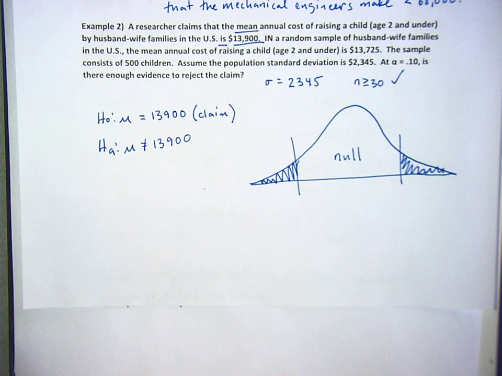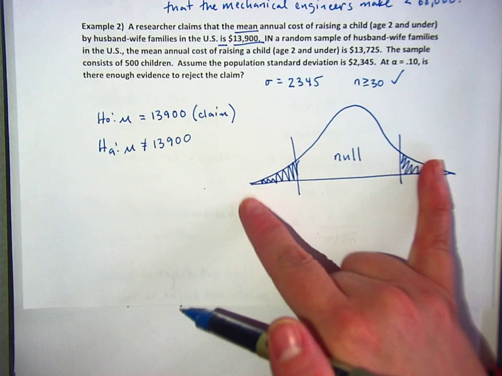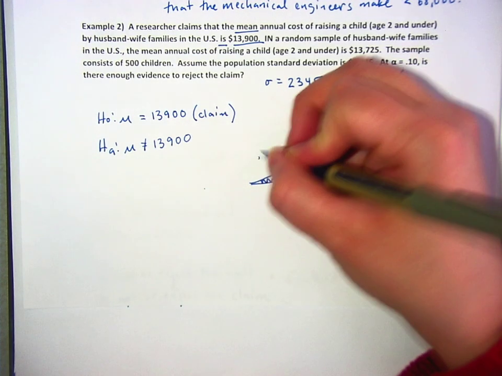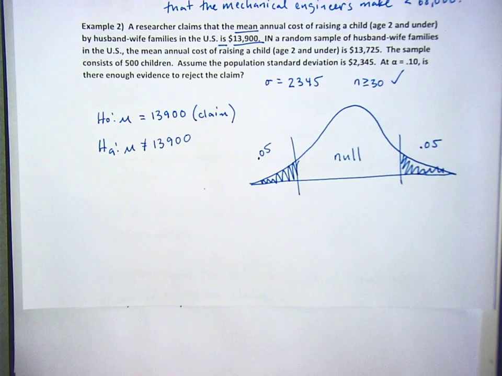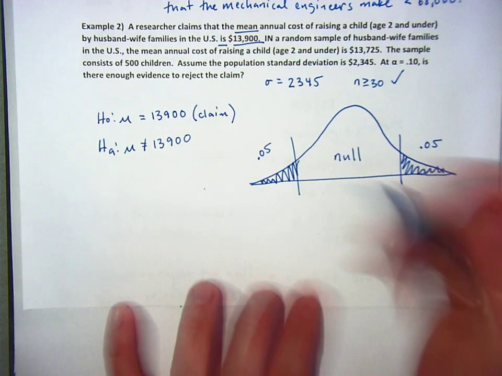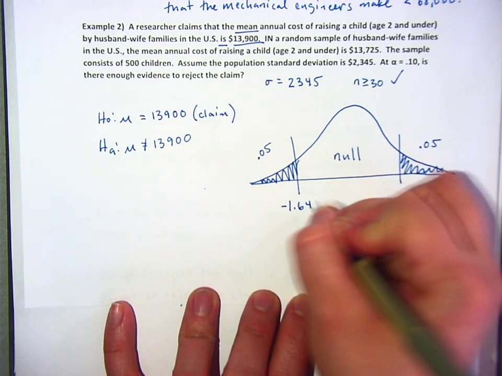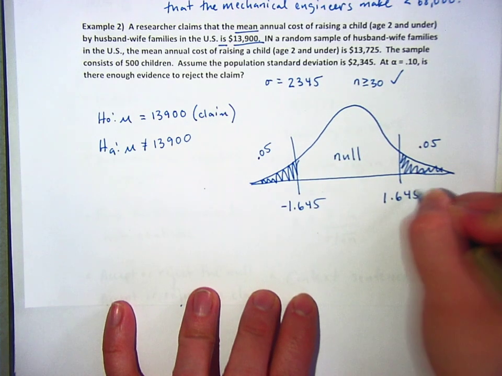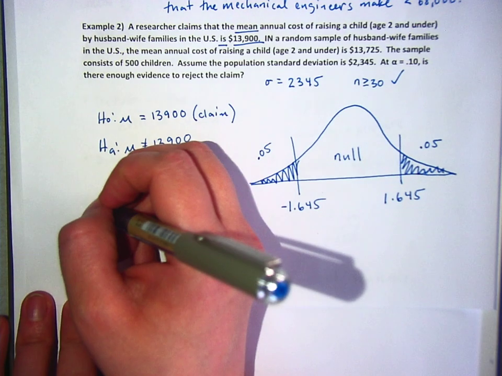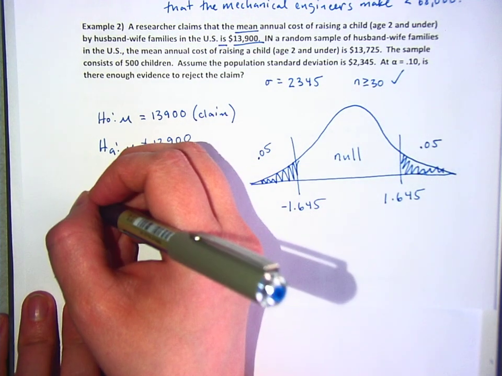Now, alpha equals 0.1 this time, but that rejection region is shared between the tails, which means that it would be 5% over here and 5% over there. So what would I look up in the table? 0.05. We did that last time, so this is negative 1.645, and this one is positive 1.645. X bar minus mu over sigma divided